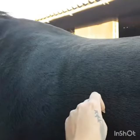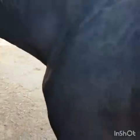So already she's uncomfortable with what I am doing. Now if I brush her, that's what she does. Good girl. So it is really difficult to show you how to release myofascial with one hand, which is really